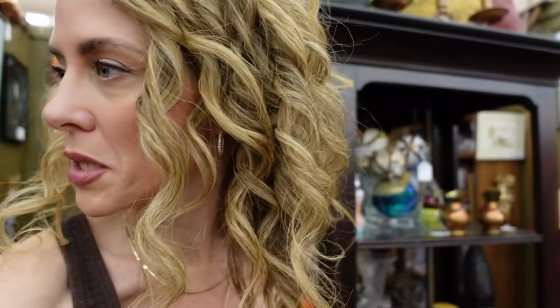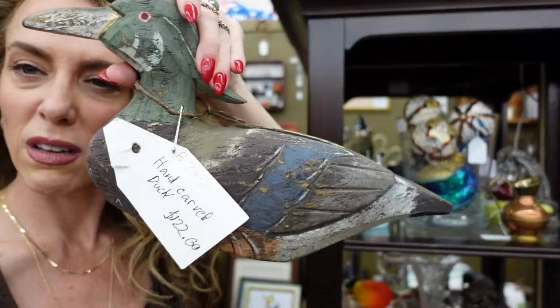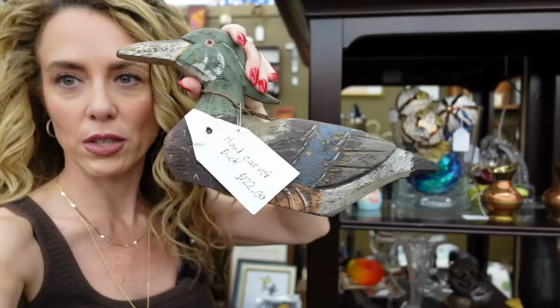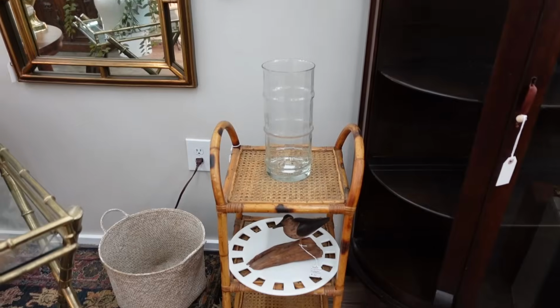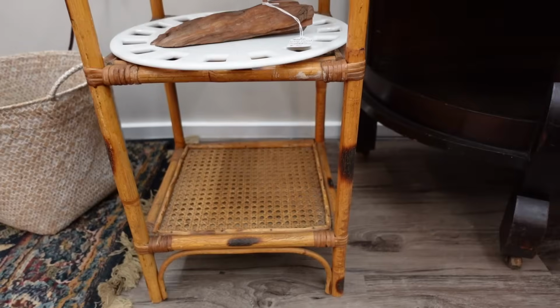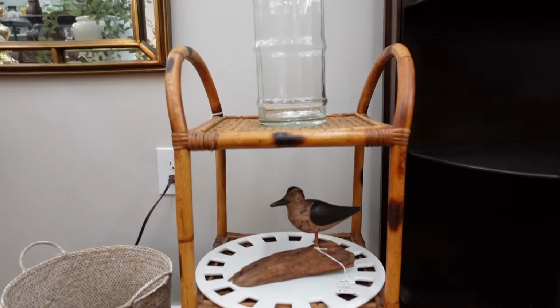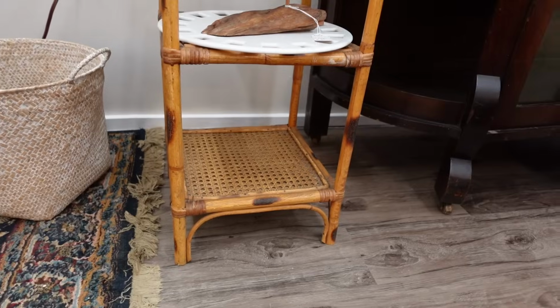Okay, well, we found a very expensive booth first. Sad. Okay, we're gonna go try to find some other things. There's another duck in this one, but he's 122. Okay, let's move on out of this booth and see if we can find something more affordable. I don't know what the deal is with birds today, but that's a cute little stand. This is always great to find something like this to use in a powder bath, or it's just a great little